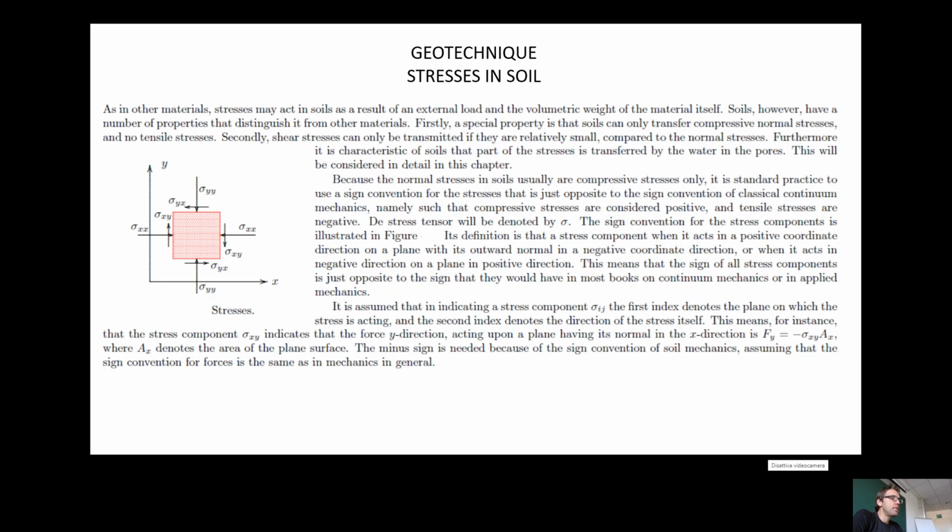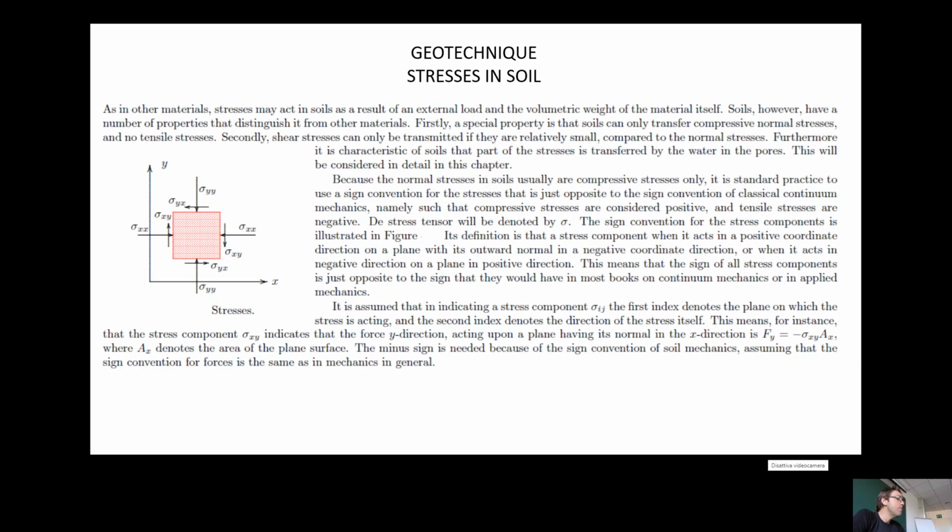It is also assumed that in indicating a stress component, sigma ij, the first index denotes the plane on which the stress is acting, and the second index denotes the direction of the stress itself. This means, for instance, that the stress component sigma xy indicates that the force in y direction acting upon a plane having its normal in the x direction is Fy equal to minus sigma xy Ax, where Ax denotes the area of the plane surface,